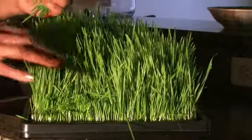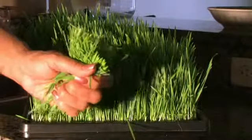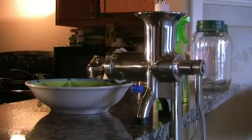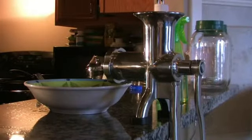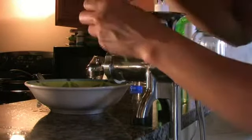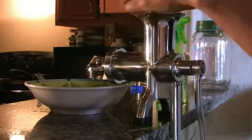I need to be able to cut mine evenly, eh? So I just cut it, and I'm going to put it in the juicer. Alright, so my juicer is over here on the other side. So basically all you do is just put the, can you see? Put the blades of grass right inside of,